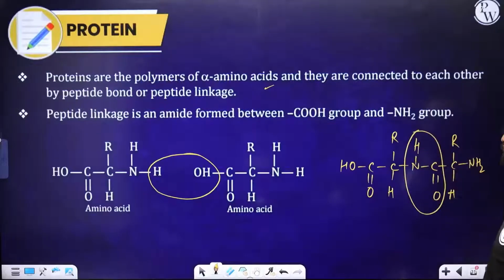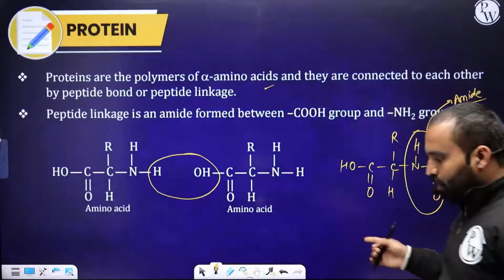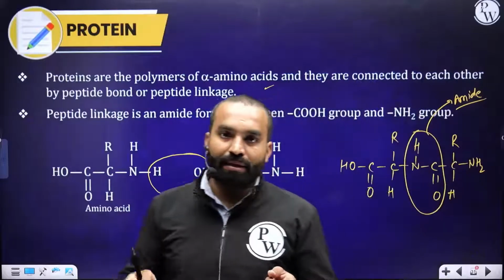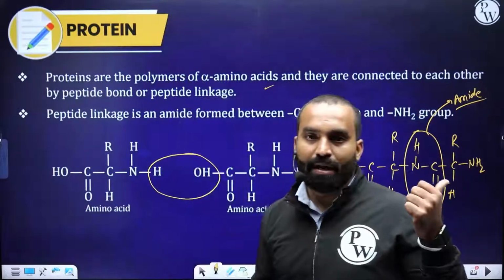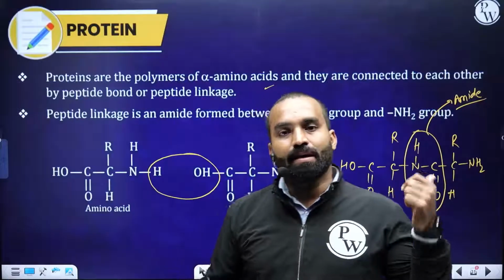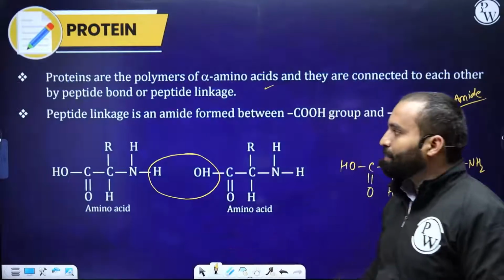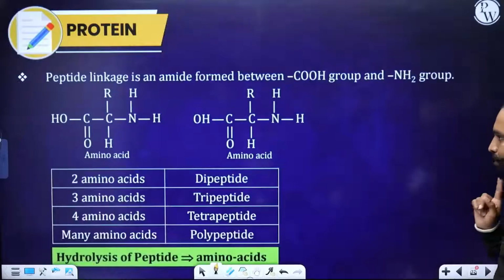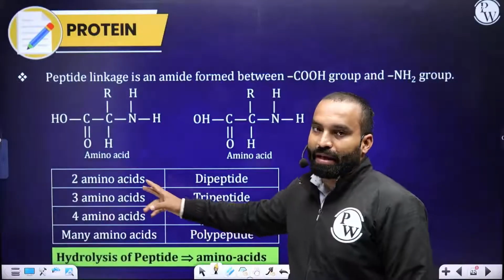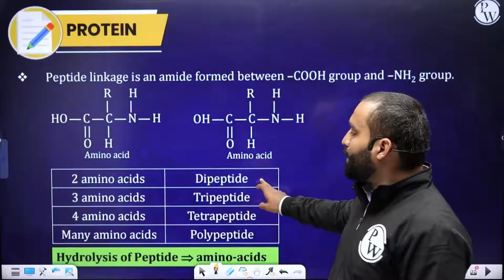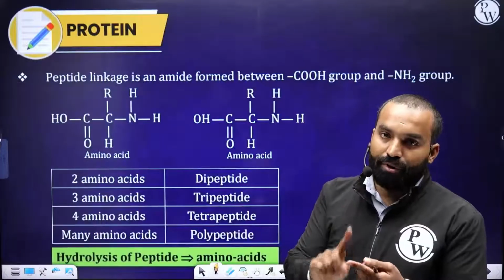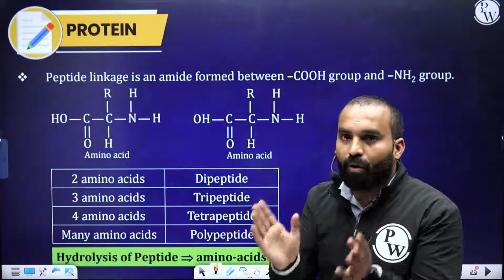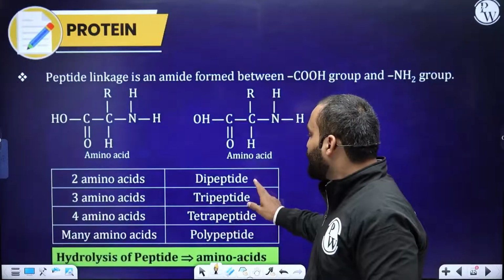What is this organic molecule? What is this functional group? This is known as amide, but amide in the case of protein is known as a peptide. When two amino acids come together, they will generate one amide linkage, that is known as peptide linkage. This is a peptide linkage. Okay. So two amino acids, when they come together, they generate a dipeptide. Although the number of peptide bonds is just one, overall the molecule is generalized as dipeptide.